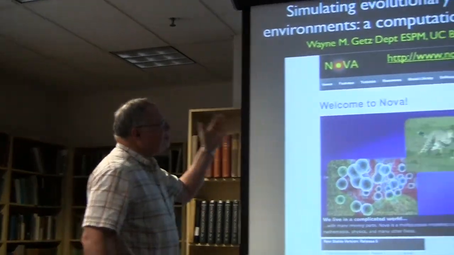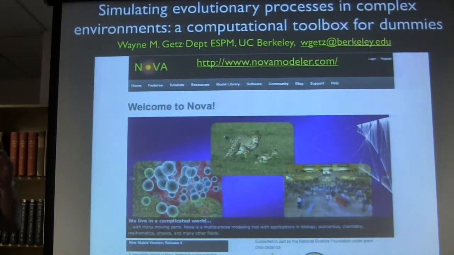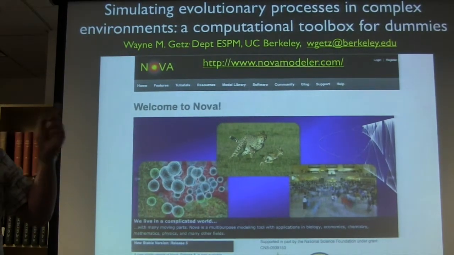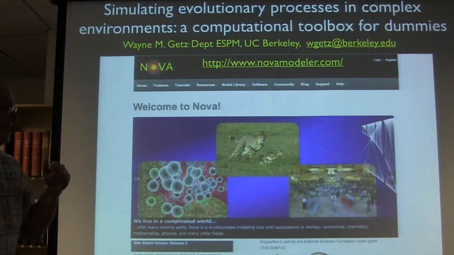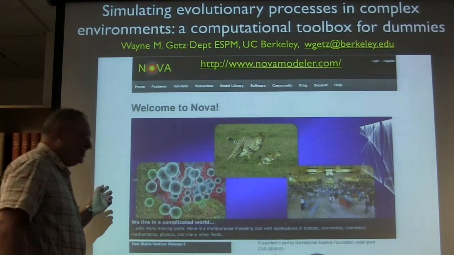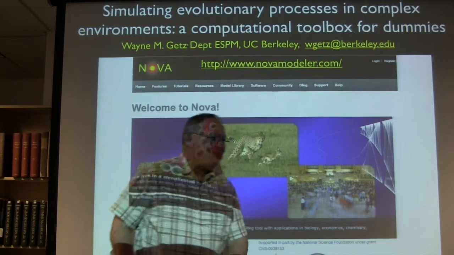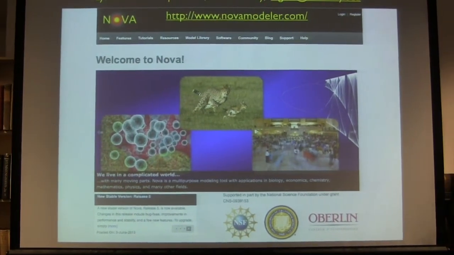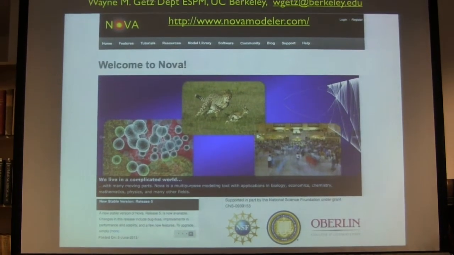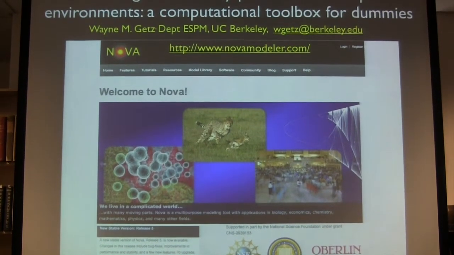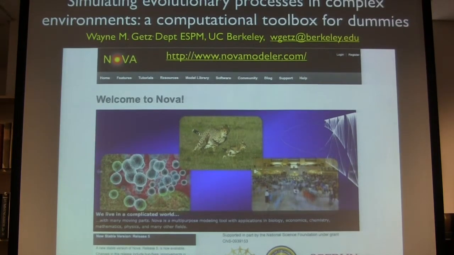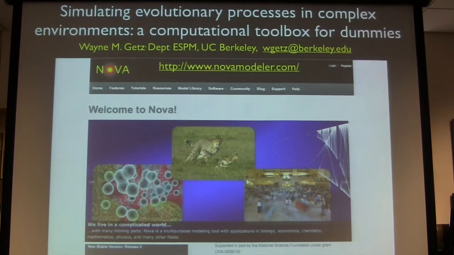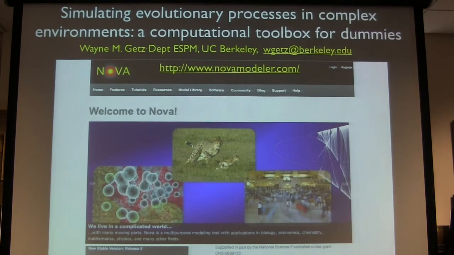So I have an obnoxious title, a computational toolbox for dummies. By that I only mean coding dummies, and by dummies I include myself. So the person who's not a dummy is Richard Salter from Oberlin College, who's really the computer scientist and the architect of this platform. And I just kind of egg him along and say, we need this, we need that, we need to be able to do all these different things. And then miraculously, he comes up with ways to do all these things.